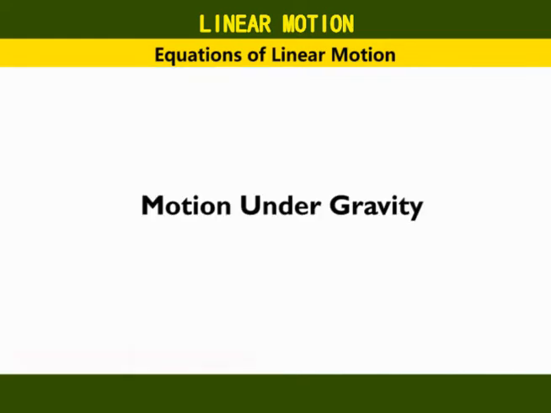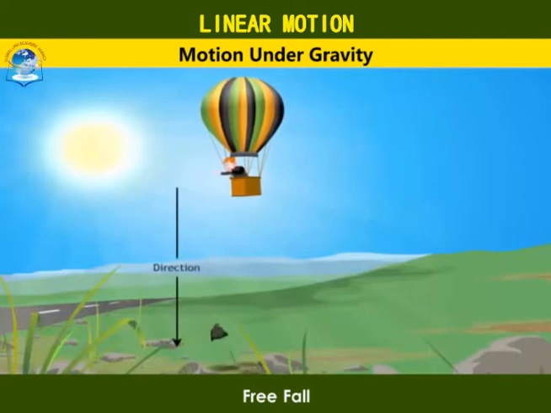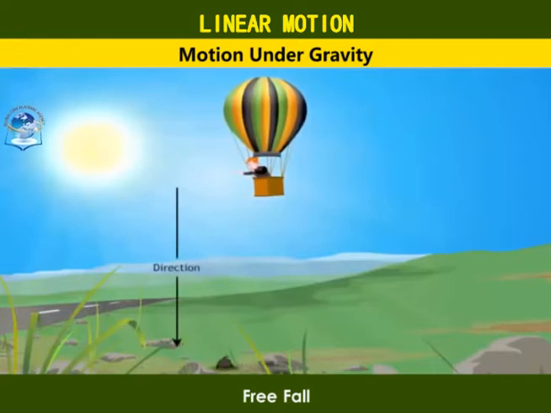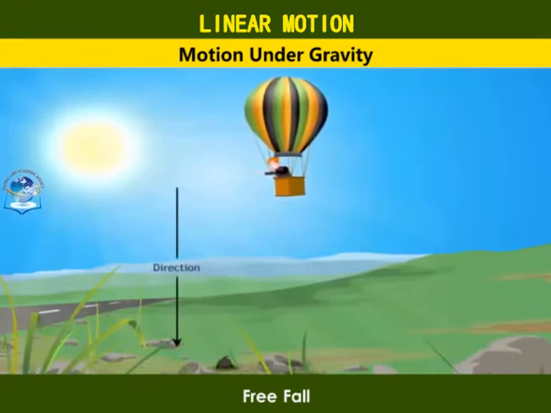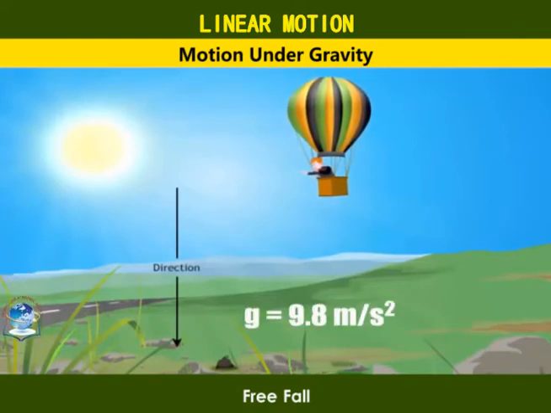So let's look at this motion under gravity. Let us begin with free fall. Now in Form 1, we said that all objects near the surface of the earth experience a force of attraction towards the center of the earth called the gravitational force. And because of this force, these objects tend to accelerate towards the center of the earth. This is called acceleration of free fall due to gravity, denoted by g, and is approximately 9.8 meters per second